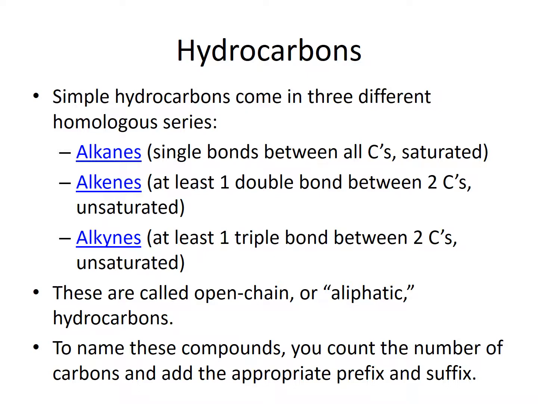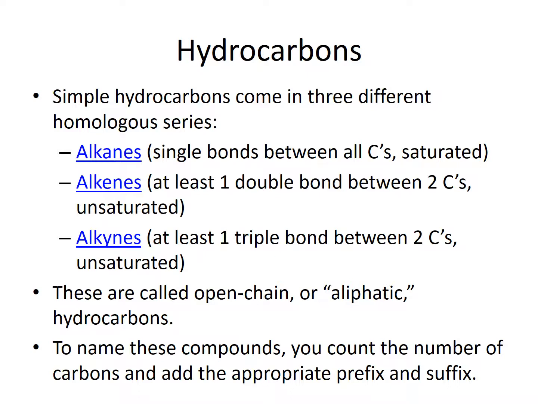the carbons. If there's at least 1 double bond, we call it an alkene, and if there's at least 1 triple bond, we call it an alkyne. Now, chemically speaking, I'm sure you can see why this would make a difference, but the reason why I want to emphasize this is because it makes a difference in the name. So the ANE ending will always indicate an alkane, single bonds. ENE, at least 1 double bond, and YNE, at least 1 triple bond, if you see that as part of